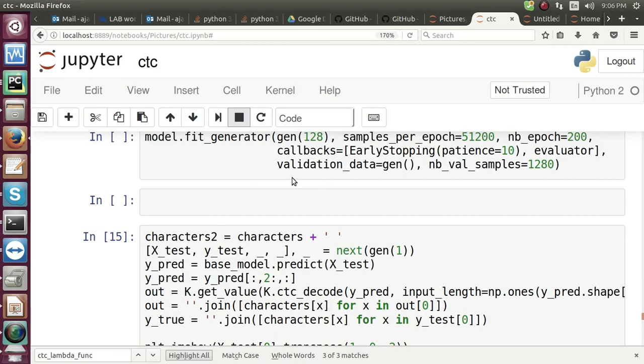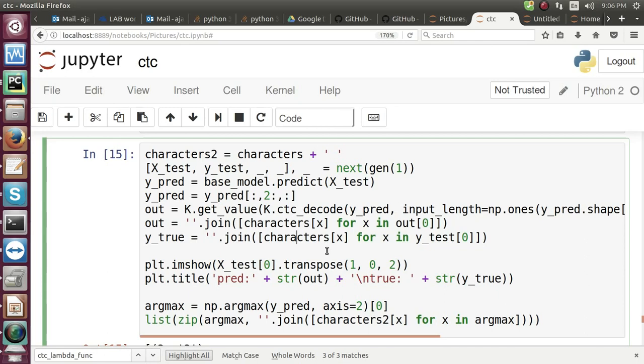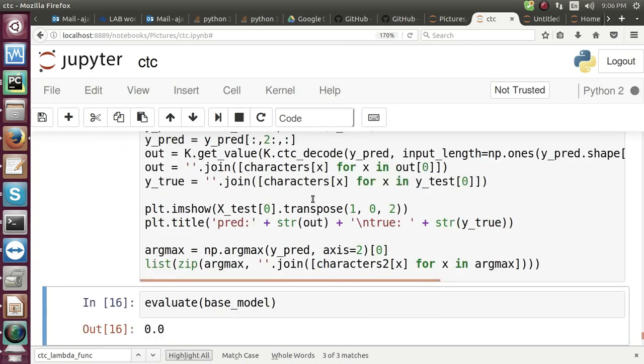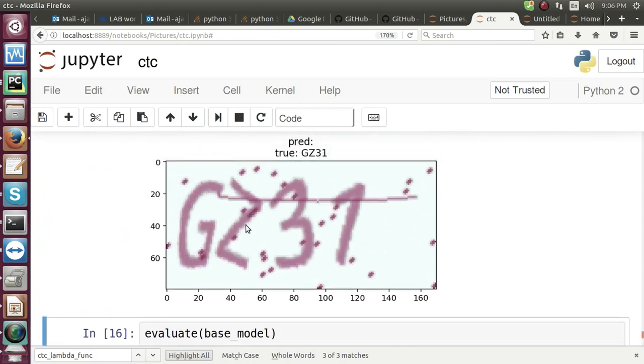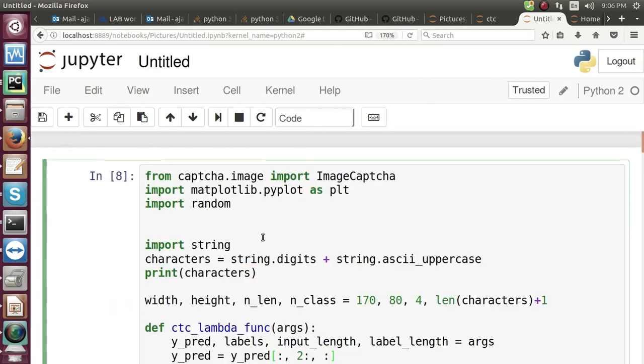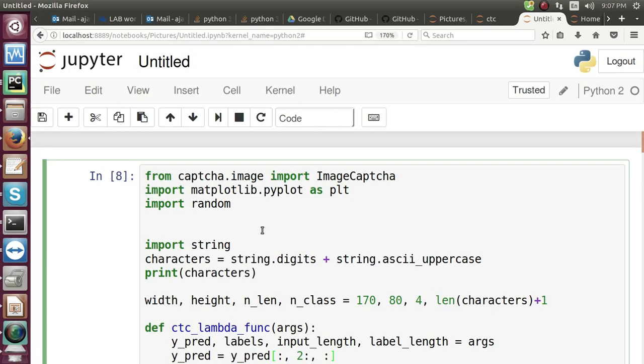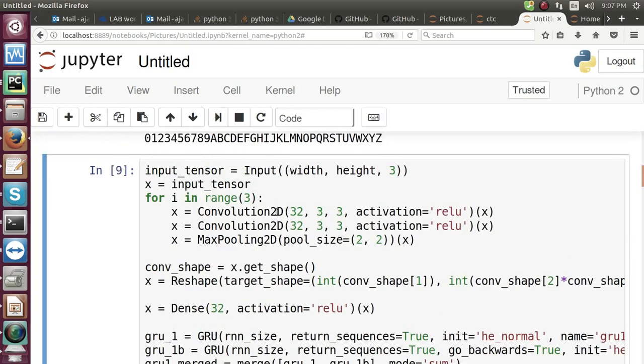Now I generate this after the generator. I feed the character image here and pass the number of arguments, and this is another captcha which is being used for evaluation purposes. As you can see, GZ31. After the model is trained, you can see the true and predicted values being evaluated, and I'll show you this evaluation on my pre-trained model. We deploy this pre-trained model on a website at the backend, and everything is stored in a single 4 MB file. So this is what I run.